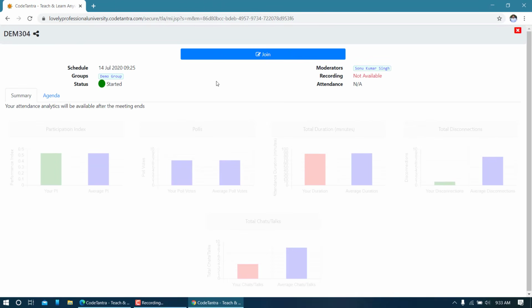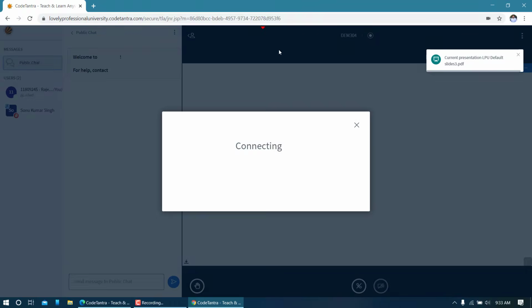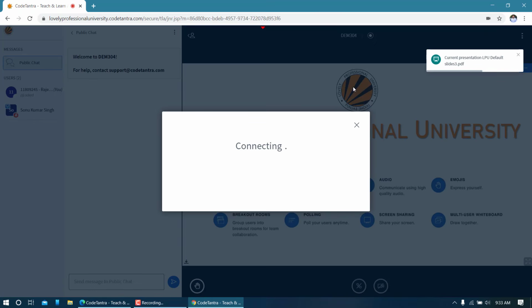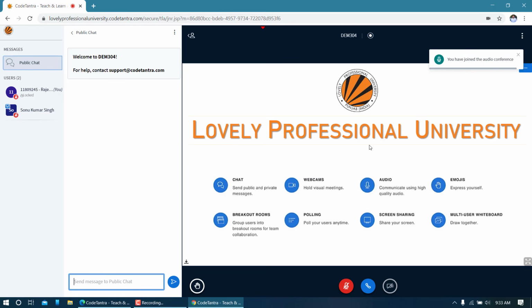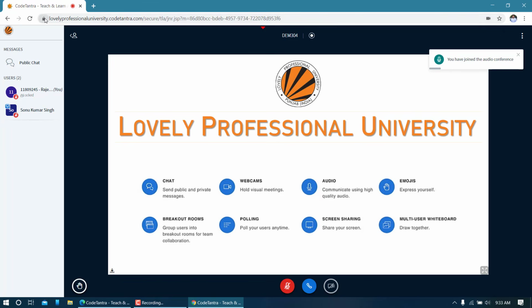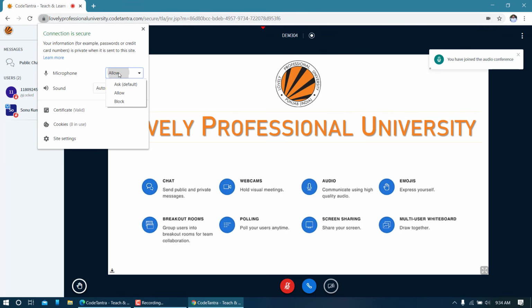Once I click, I'll land on this page where I'll get a join button, and there is some relevant information about this particular course code. So if I want, I can review them. And in order to join, I have to click on this join button one more time. When you visit this portal, you'll find that you are being connected automatically from the second instance onward. But if you try to log in for the very first time, then